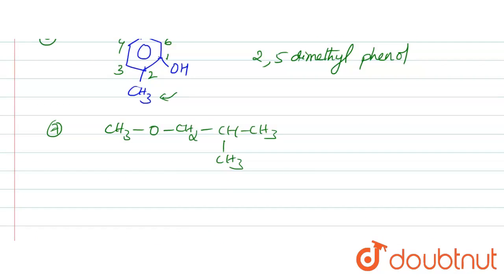So ethers can be named in a way that first we have to select the longest carbon chain. So this is my longest carbon chain. So ethers can be given the name